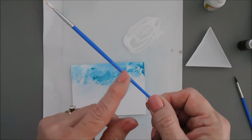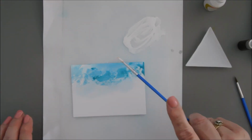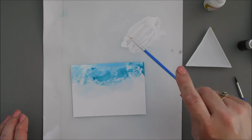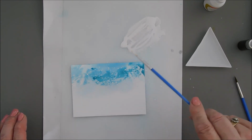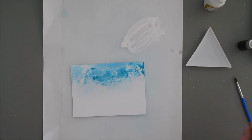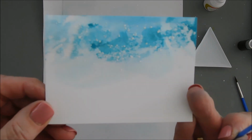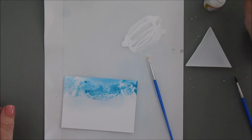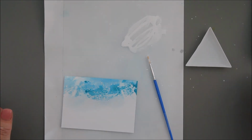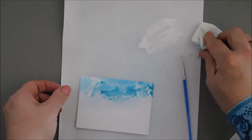And I put that cover here, you can kind of see it. Hold it and then tap it. This one, I like the way this turned out. This turned out like there's almost a blizzard in the background. Kind of worked out really pretty. But boy, you can see all the splatter that I have on my craft mat. We need to clean that up really quick, because if that dries, it does take